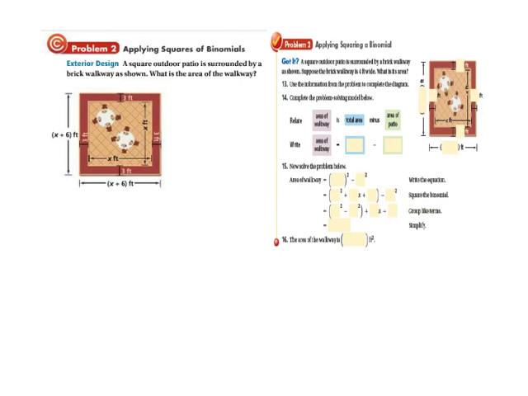On this one, we have a square outdoor patio that's surrounded by a brick walkway, and we want to find the area of the walkway. Alright, so that's just the red area. So we want to take the area of the whole, basically the whole shape that we see here. So x plus 6 times x plus 6, so we can do that and use our shortcut. And then we want to subtract the area of the patio. And we can see that that's x times x. So we're going to do minus